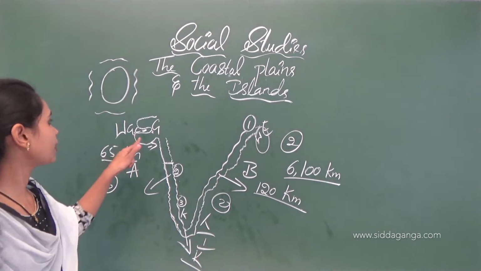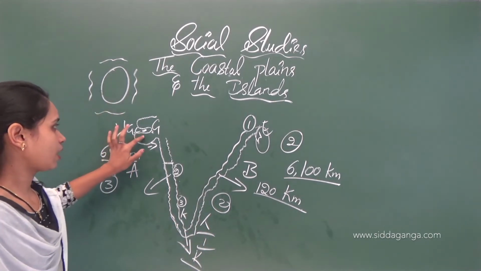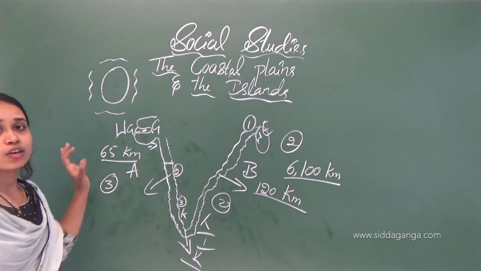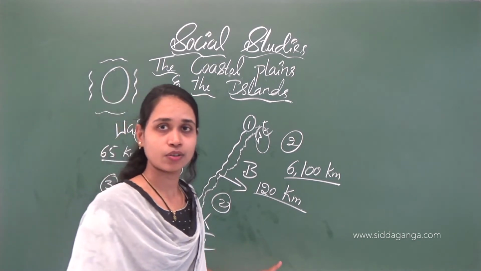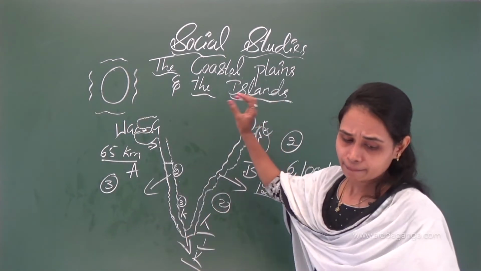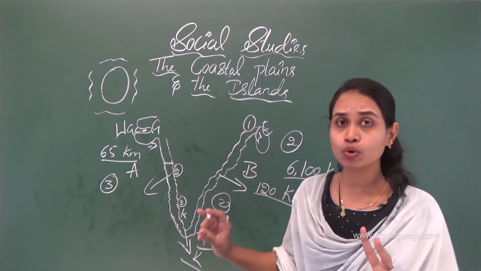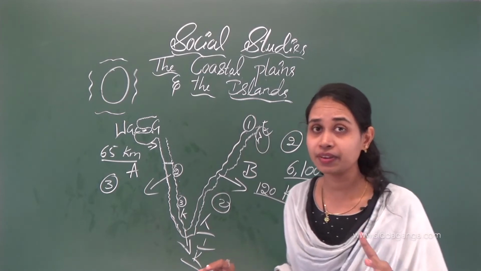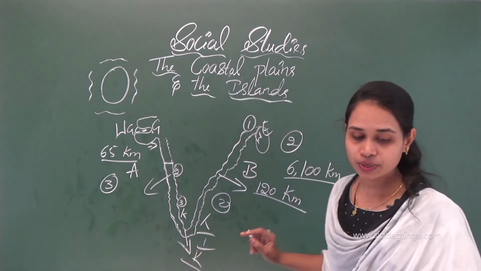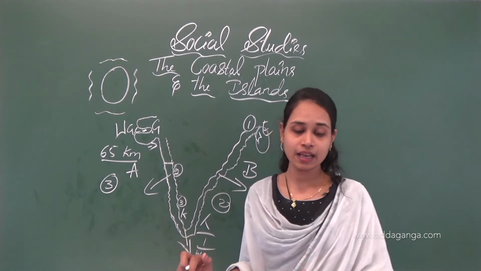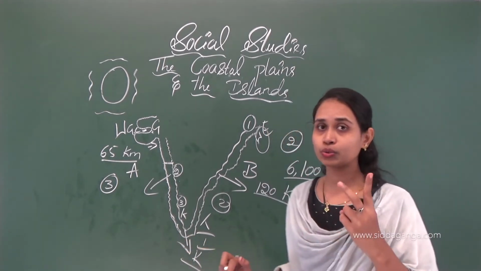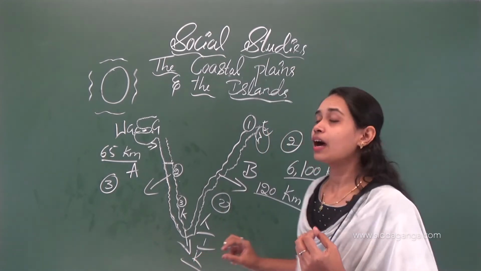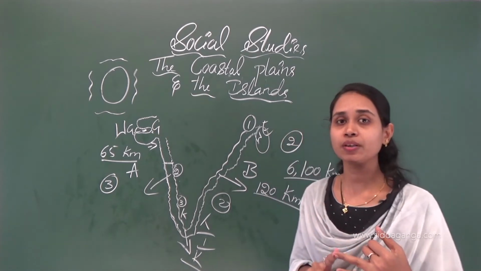Okay, you know the Gulf now? So see the difference between Gulf and island, don't be confused. An island is a piece of land surrounded by water on all sides. Here we can see the two groups of islands of our country. First one is Andaman and Nicobar, and then Lakshadweep Islands. Yes, Andaman and Nicobar and then Lakshadweep Islands.